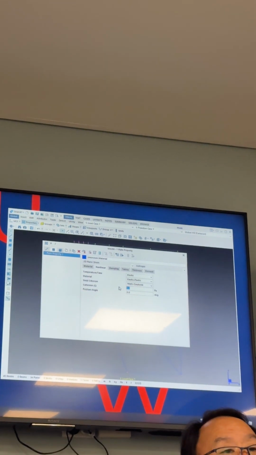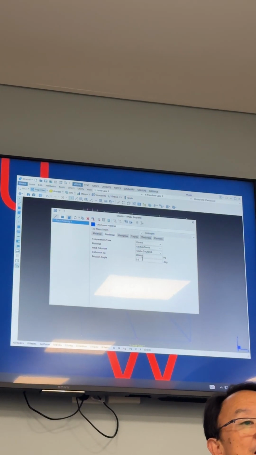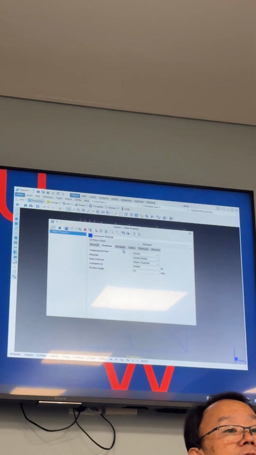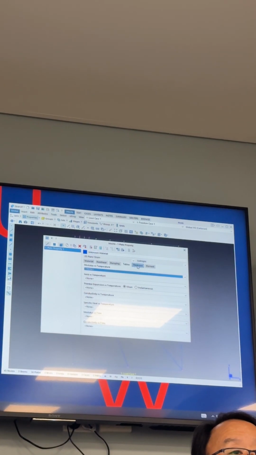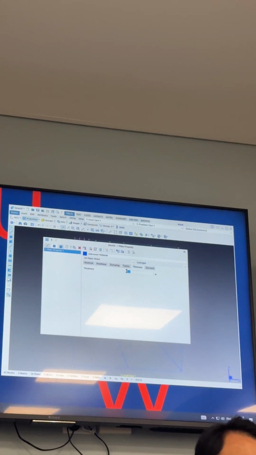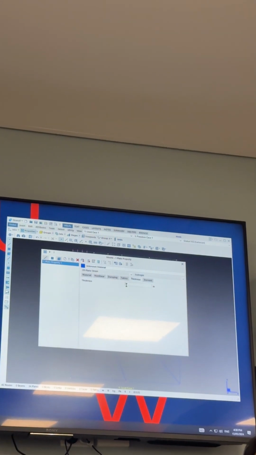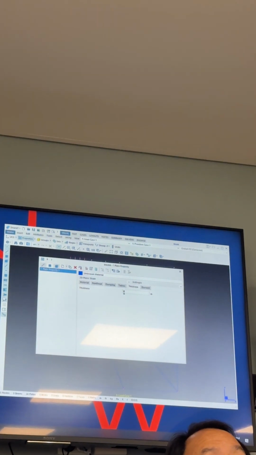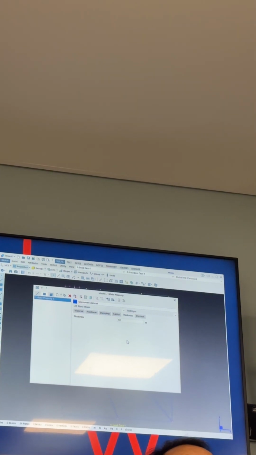Cohesion is 100 kilopascal, so it's 100,000 pascal. Friction angle is 0. Damping, no, you forget about it. Table, not important. Thickness, you must import 1 meter. If you don't import thickness, your FEM will not work. Okay? When you finish this one,